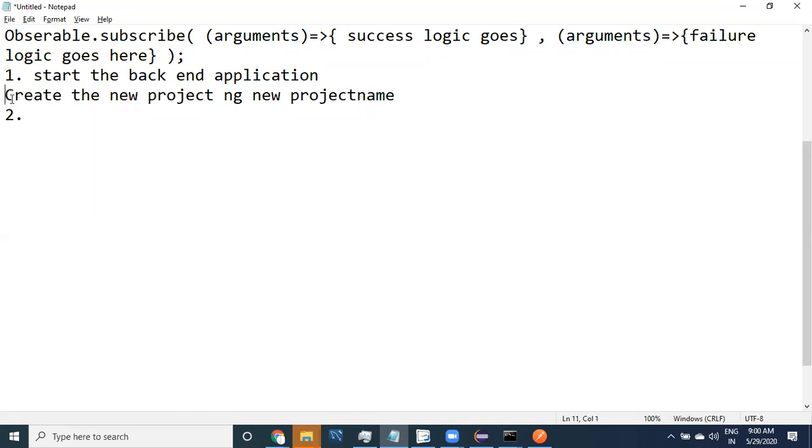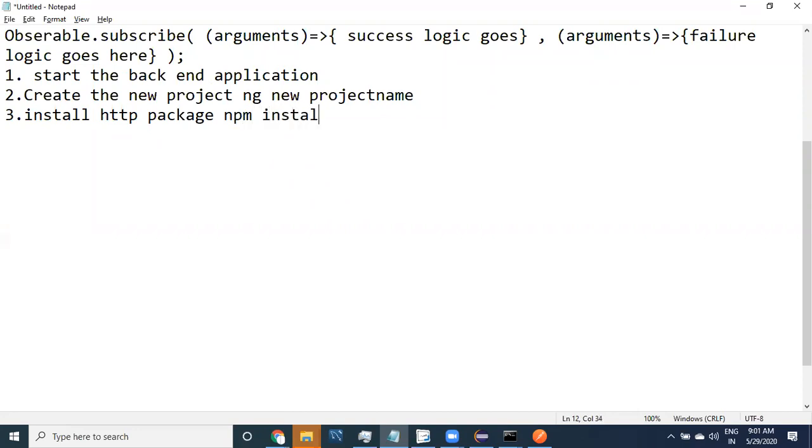The second one is to create the project and install the HTTP package for that, using npm install @angular/http.